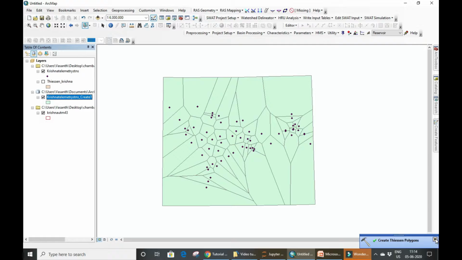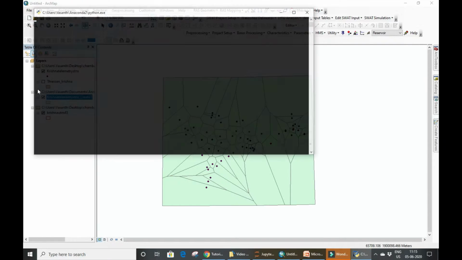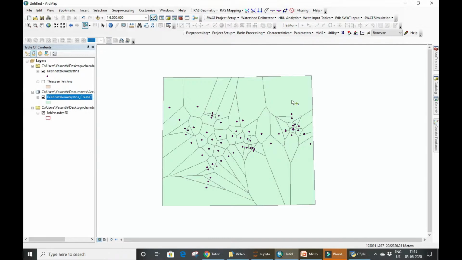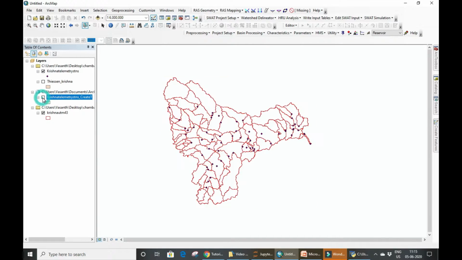So when you see this blue globe revolving, it means it is processing. When the process is done, we have the Thiessen polygon for this layer. So this is the first step. After that, we will use the script and let the script do the clipping part of all the